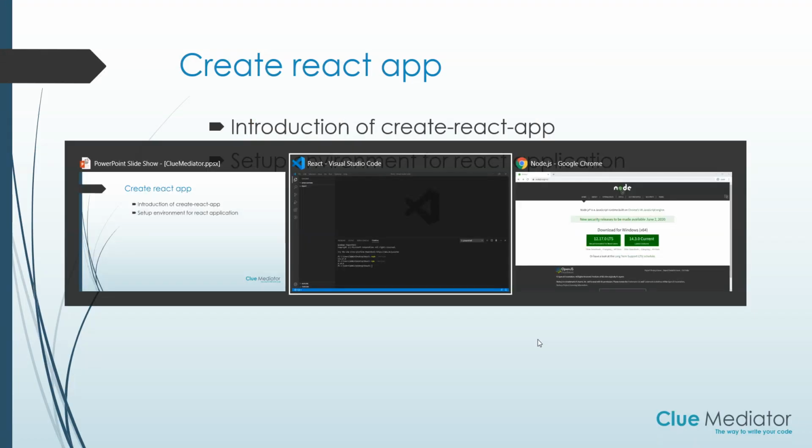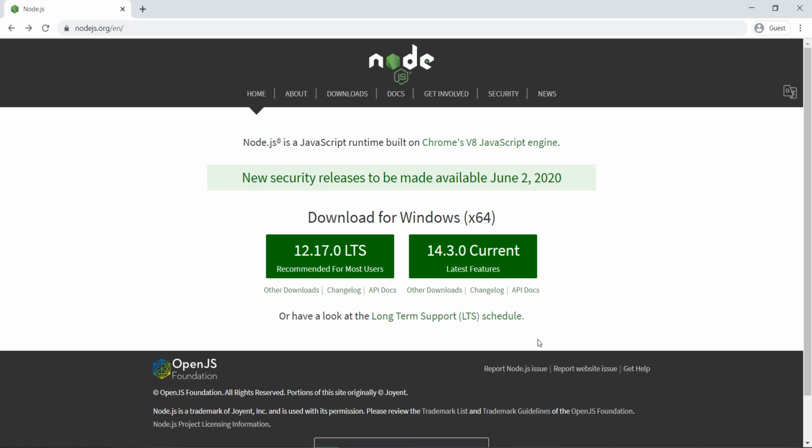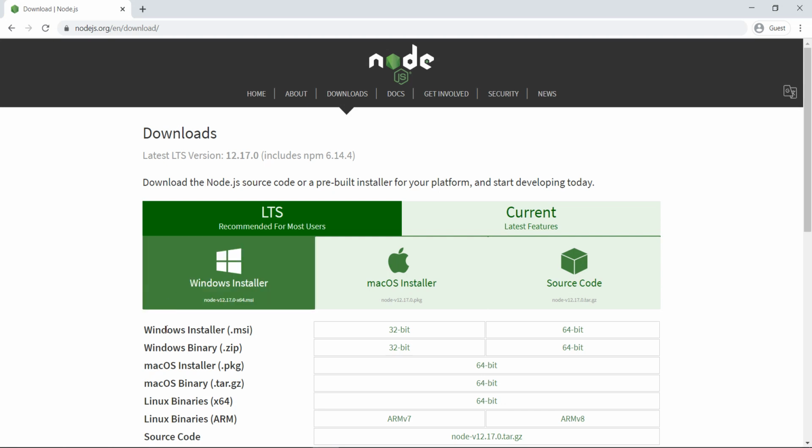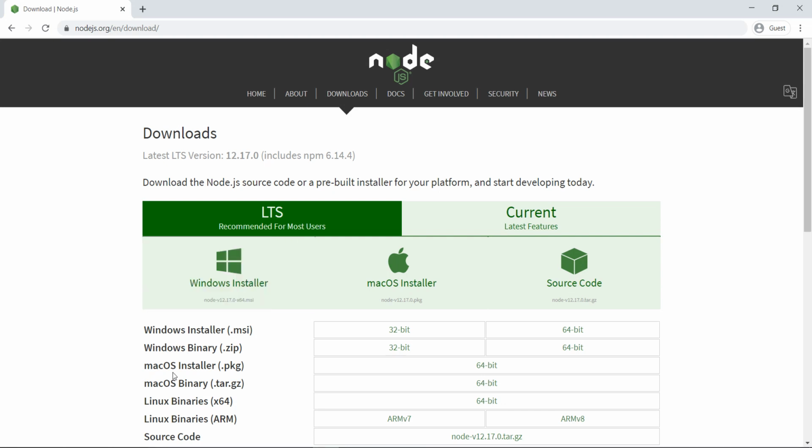Let's go to the nodejs.org site to download node. Here I recommend you download the LTS version because it's the most stable version for most users. You will also get it from the download tab. Here are a couple of different versions based on the OS that you can download, but I have already installed it in my system, so I'm not going to download and install it. It's straightforward, the same as other installations that you can do.